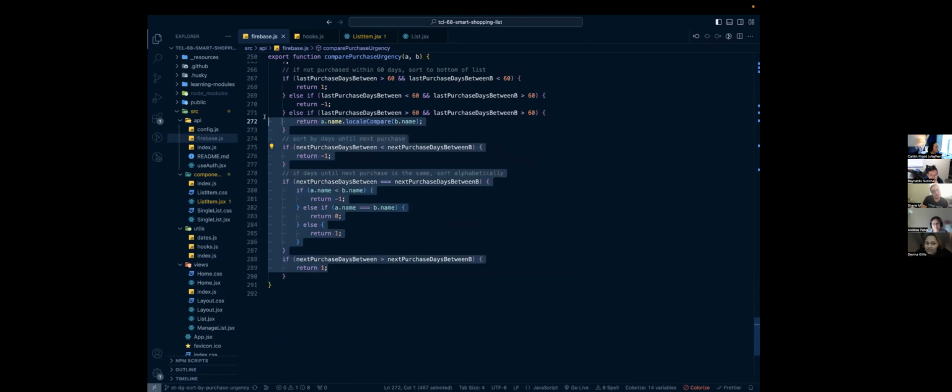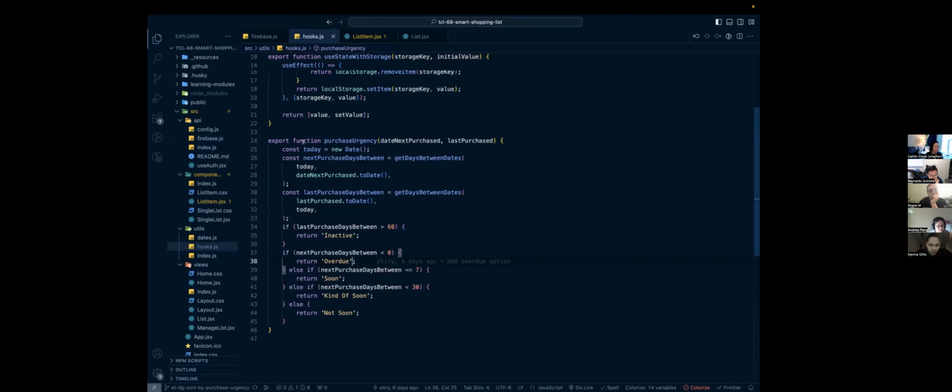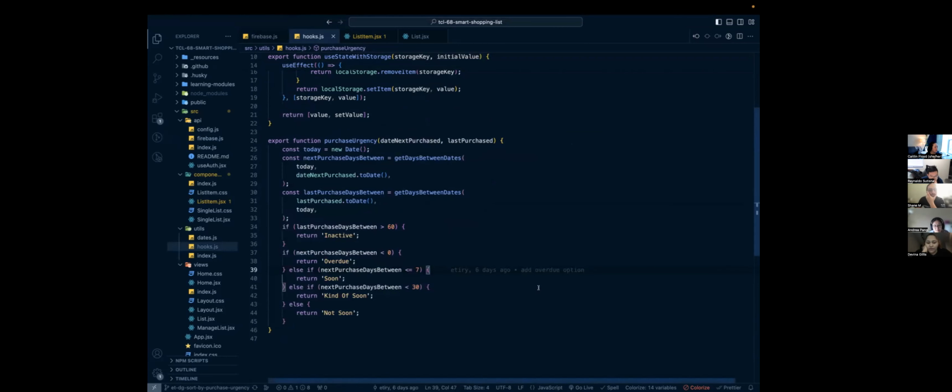I have not added this in yet because I wanted to chat with Emily about it a little bit more. So I added that as a future issue to refactor this to make it more concise. And then, we added this function to the hooks file just so that we didn't clutter up the list item component in React. So this function here is what returns our inactive, overdue, soon, kind of soon, or not soon